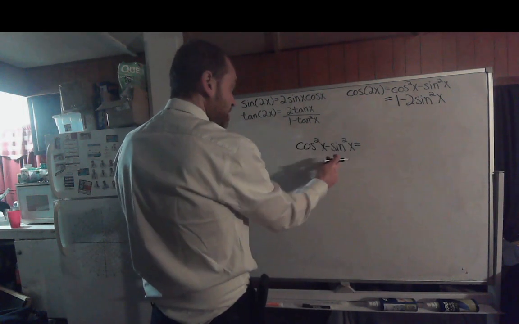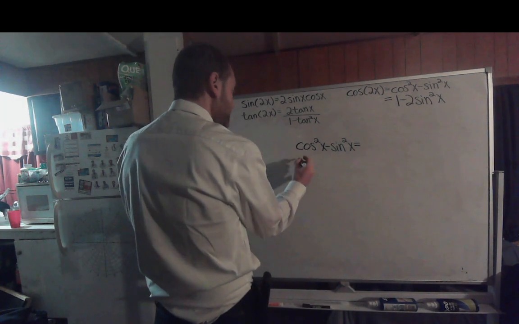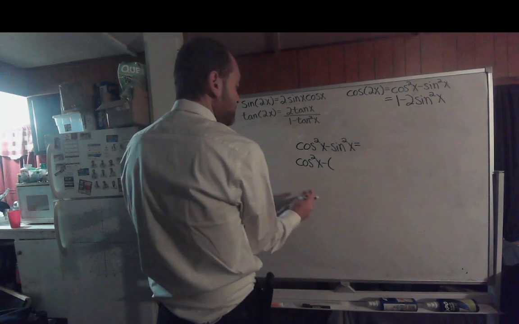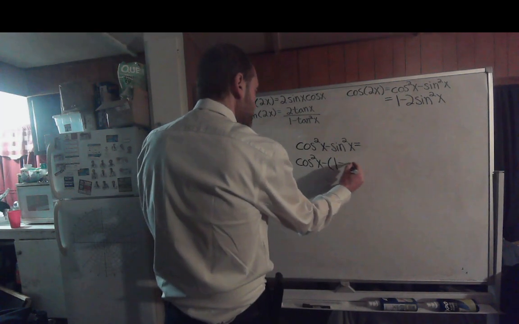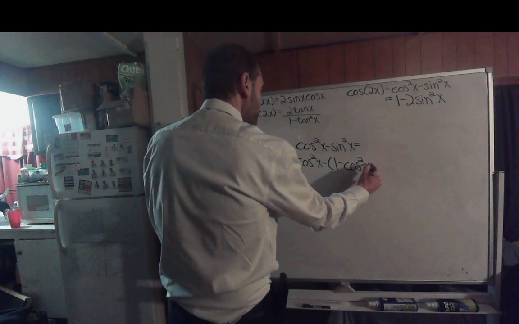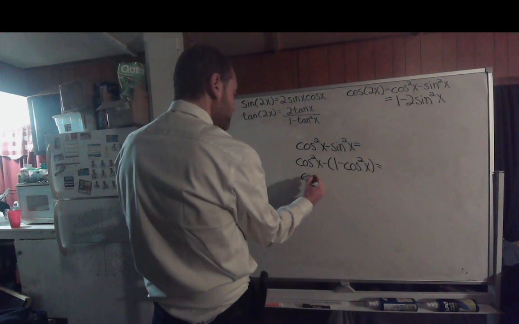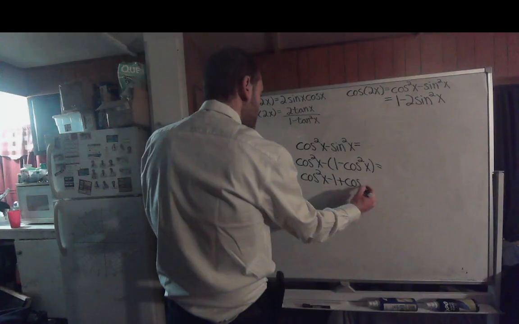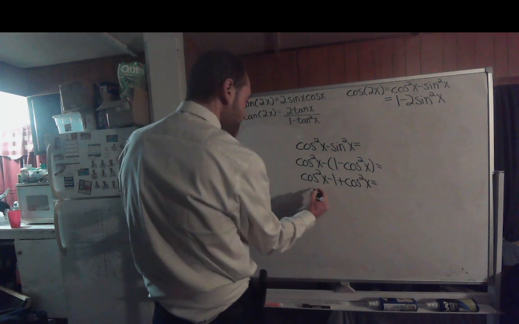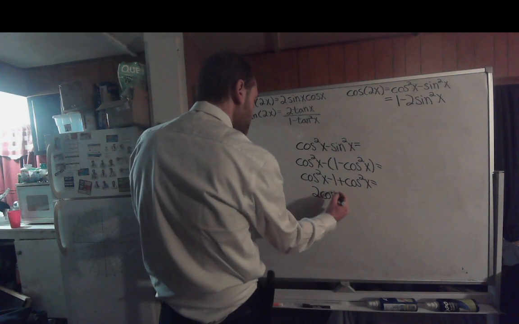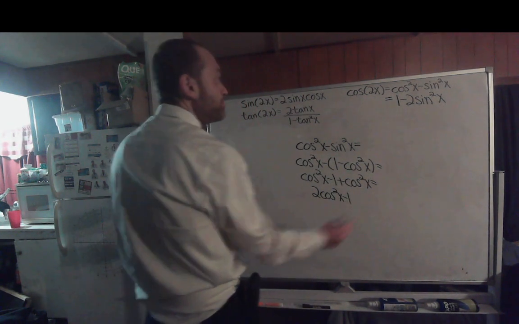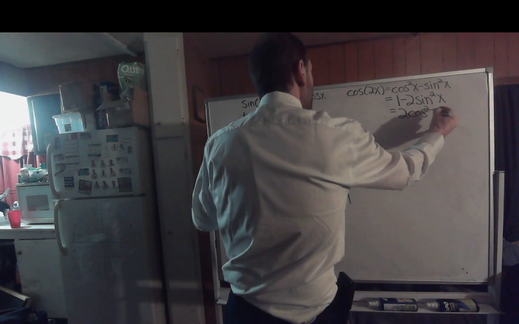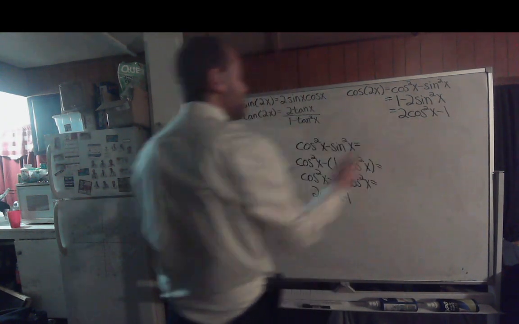So, what's the Pythagorean identity for the sine squared? Well, that's just 1 minus cosine squared. So you would take cosine squared minus the quantity of 1 minus cosine squared of x, which should simplify into cosine squared of x minus 1 plus cosine squared of x, for a final answer of 2 cosine squared of x minus 1. So this should show you that there are 3 ways you can actually express the cosine of